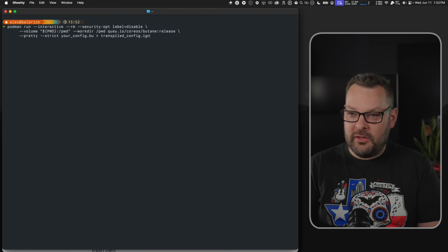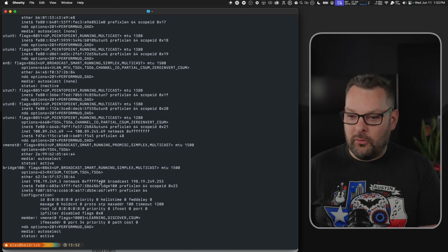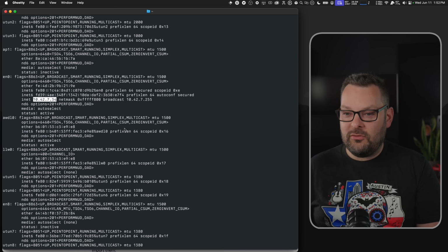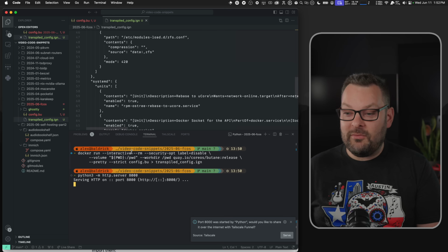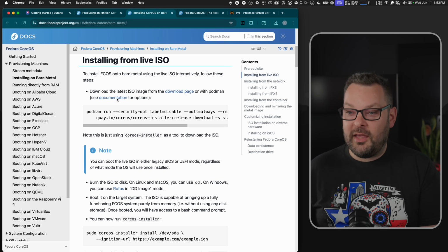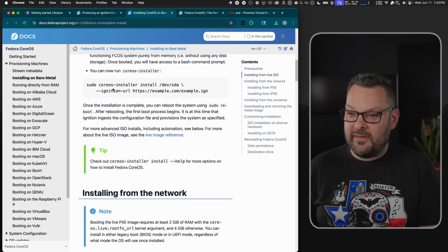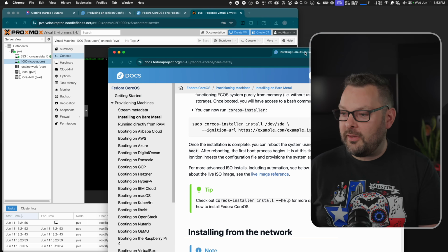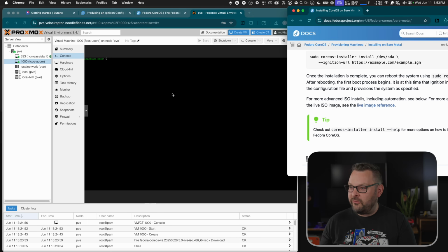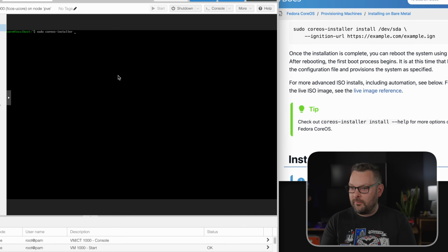Now I need to get my IP address for this particular laptop. So I'm going to do ifconfig and then look for a 10.something IP address, 10.42.7.34, because now it's time to actually install CoreOS. And indeed, if we go back to the project documentation, we can see here under the installing from live ISO section, here is the command that we need. So let me try and get this up here and out of the way. We need sudo coreos-installer install